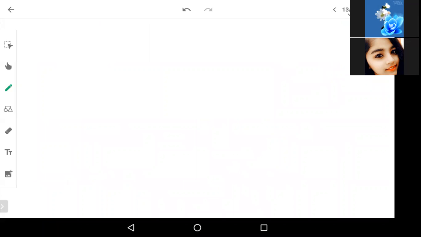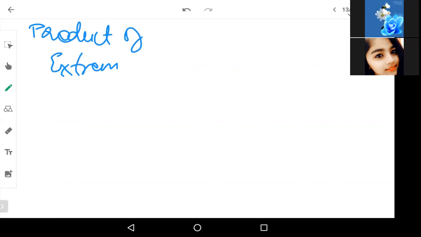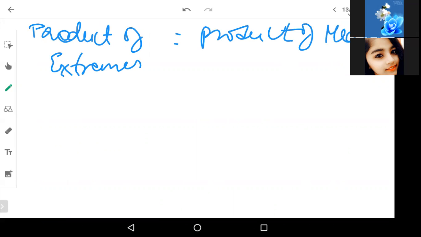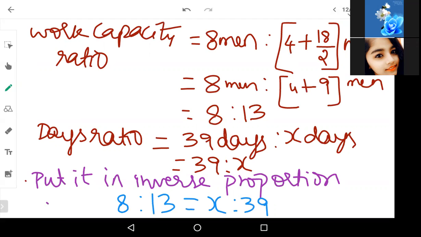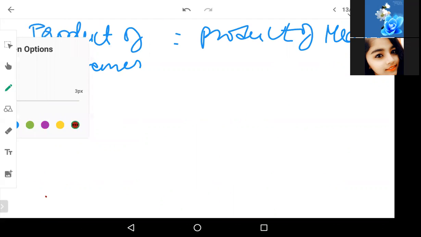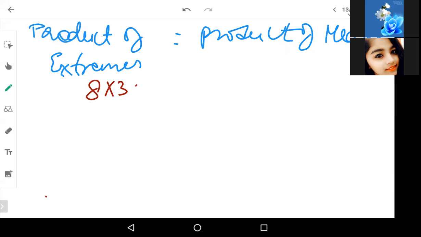So what is product of extremes? Write down the formula. Product of extremes is equal to product of means. So what is product of extremes? 8 into 39 is equal to 13 into x. So 8 into 39,